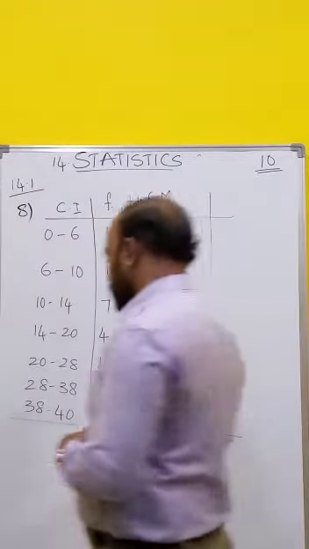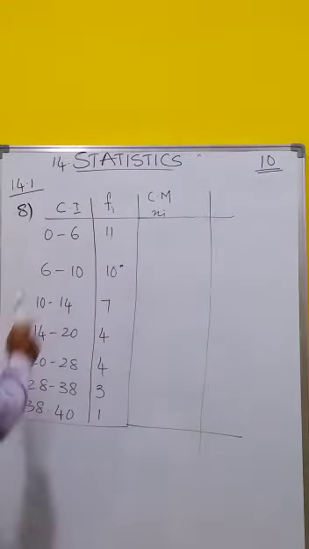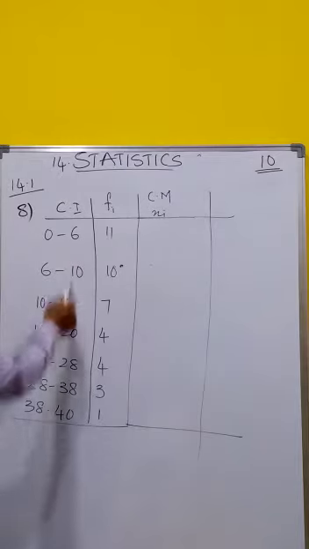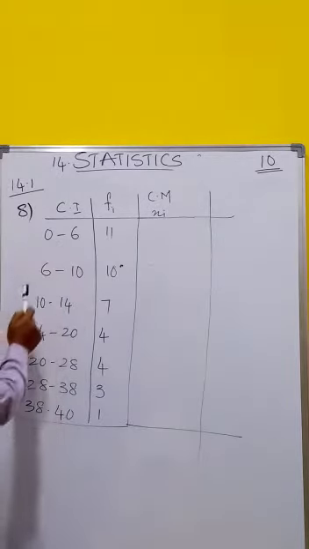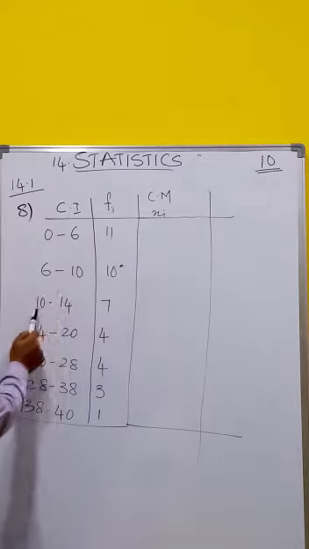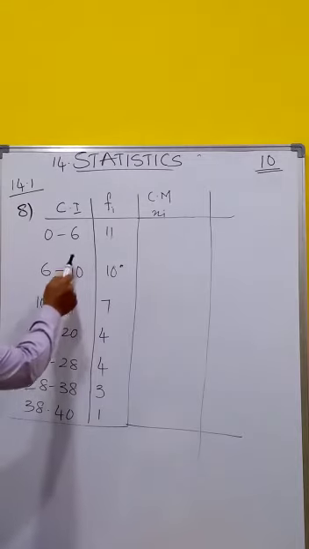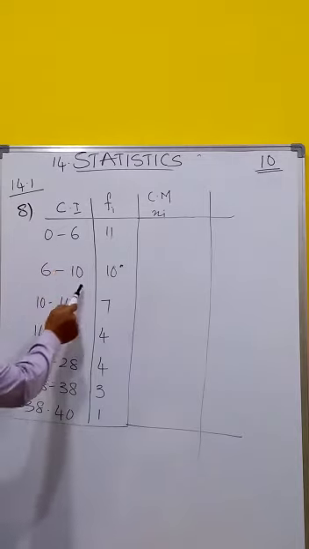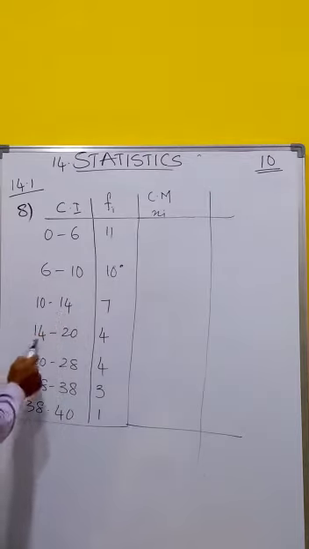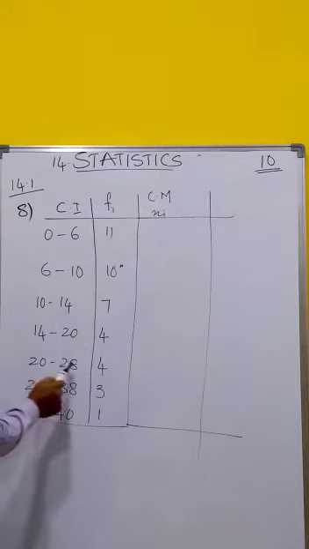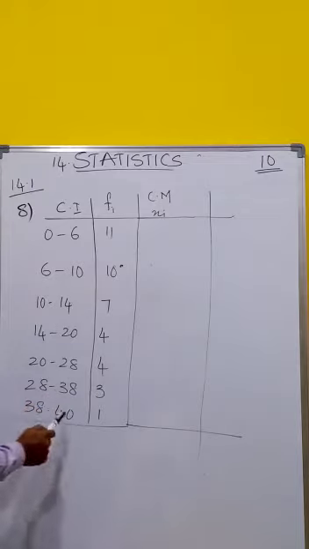Students, now we'll go for question number 8. Find the mean, any method, assumed mean method or direct method. One difference observed, children, in the class intervals here. First one 0 to 6, then 6 to 10, 10 to 14, 14 to 20, 20 to 28, 28 to 38 and 38 to 40. It's a little different. Here the frequencies are 6, here 4, again 4, 14 to 20 is 7, here 28 is there, again 10, 38 to 40 again 2. It's completely different, okay.